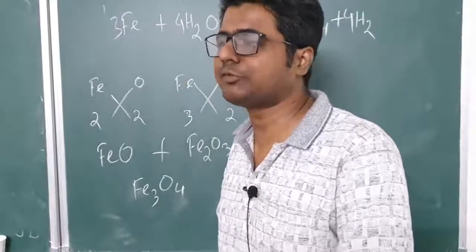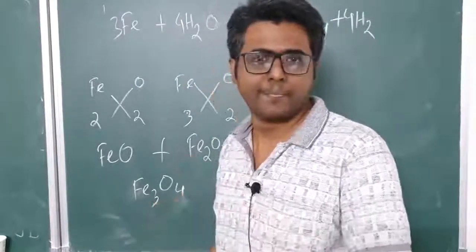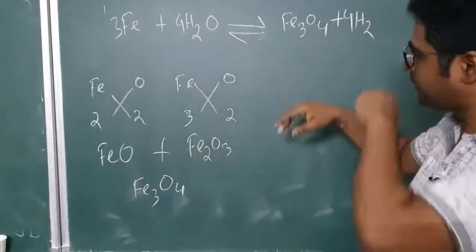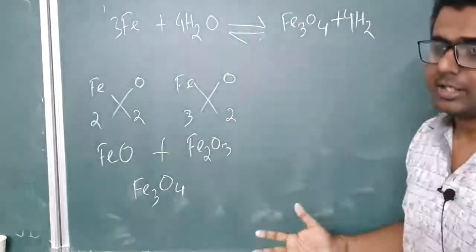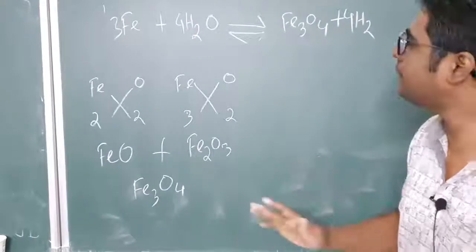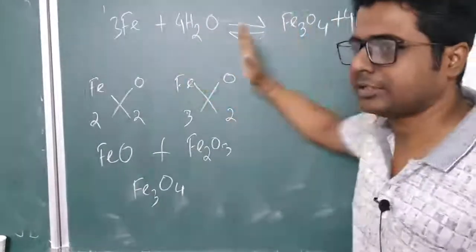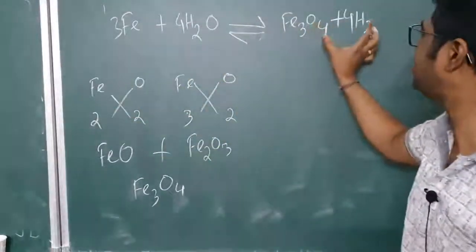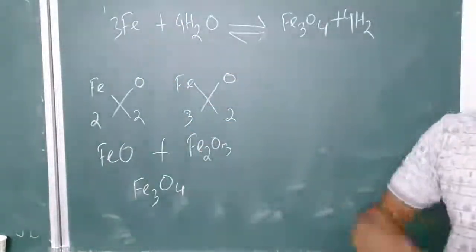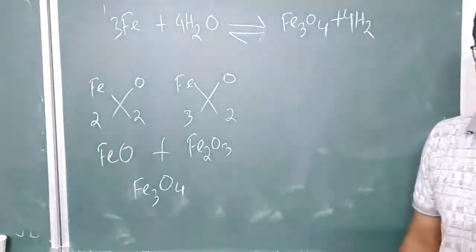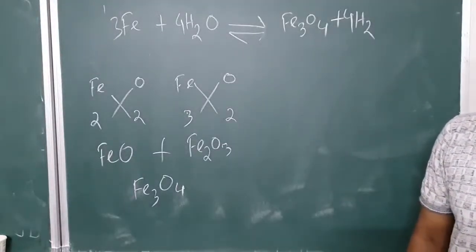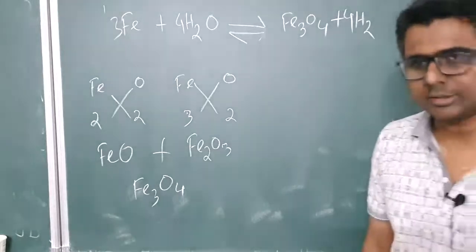Which reaction is good for you? Which one do you want to make? Right side one, no? You want to produce hydrogen. So this reaction is what you would like to have. But it's not happening. So somehow you have to continue this reaction. You will not allow Fe3O4 and H2 to react to form this one. How is it possible? How will I not allow something that is happening? Is it possible?